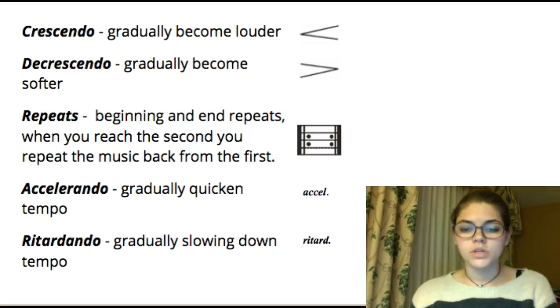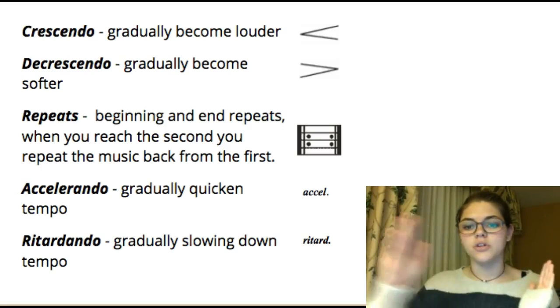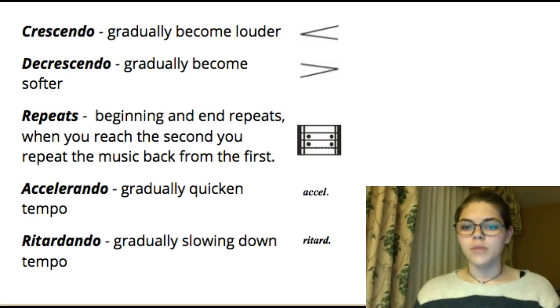Next, we have some more dynamics that help to guide the musician how to sing or play their instrument. So the first that I'll be covering is crescendo. The symbol all the way to the top right is the crescendo mark, which means to gradually get louder. So you'll see this usually on a line, and when you see the crescendo, it means to, within that line, increase in volume. However, there is also a decrescendo, which means to gradually become softer, and you can see that